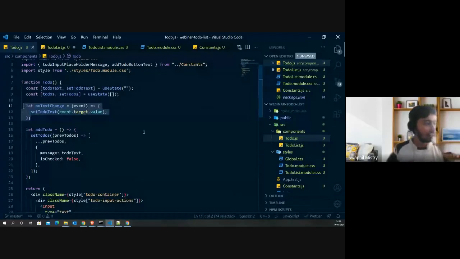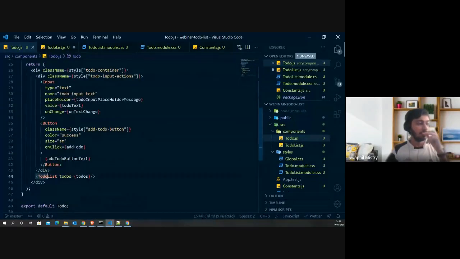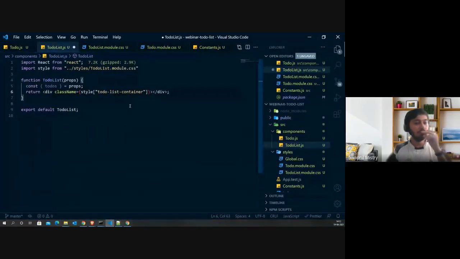Okay, apart from that, we created a component which was TodoList, and as we learned how to pass props, we have passed a prop called todos, because in this component we will be returning HTML which will be responsible for displaying the to-do list which the user wants to see on the screen, right? So this component must have access to all the todos, and that's what we did. To achieve that, we passed them via props. Okay, and as of now in TodoList we haven't done anything so far. We just imported React and the styles which are required. Okay, so let's just continue making this forward.